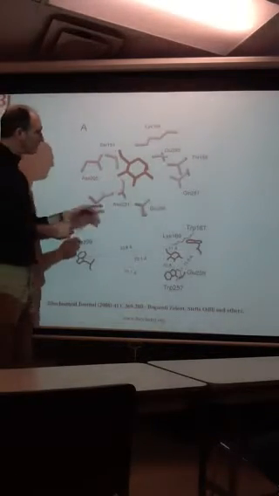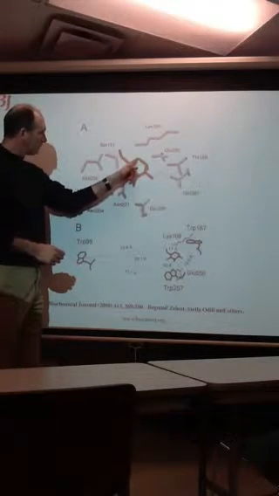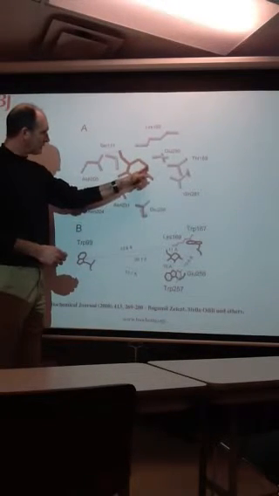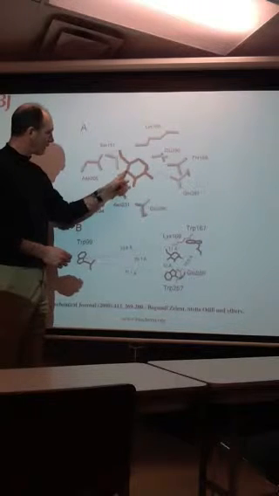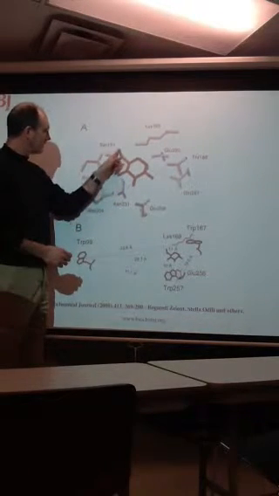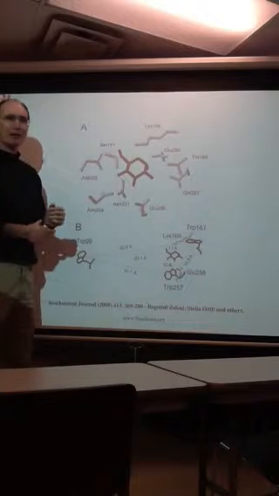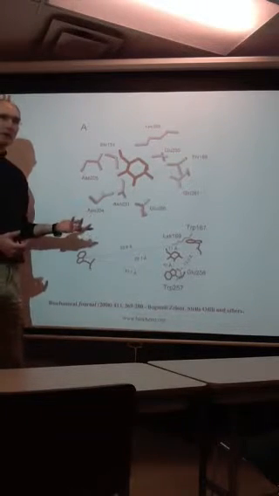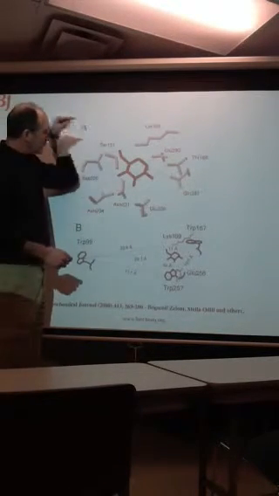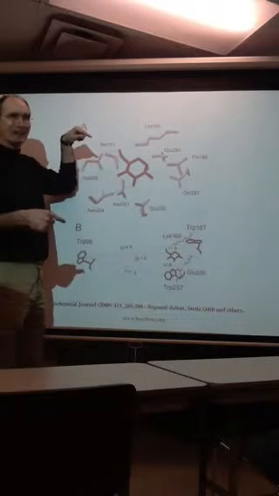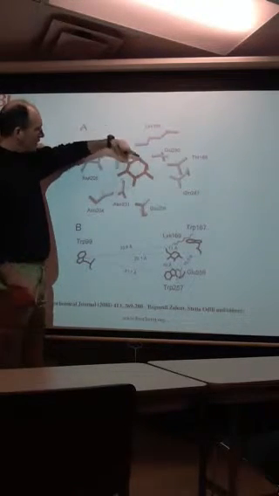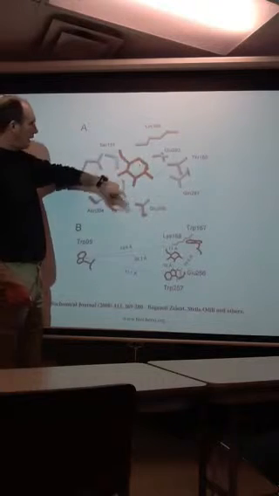I just downloaded this. This is showing some of the interactions. It doesn't show the interaction I was looking for, so I'm not going to use this. So this is the glucose, right? This is the oxygen. This is carbon 1, carbon 2, carbon 3, carbon 4, carbon 5, carbon 6. This is just showing some of the hydrogen bonding interactions. What I was really looking for, and we'll do this in the next slide, is, in order to open this ring,